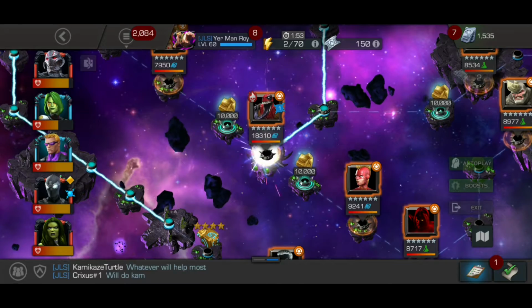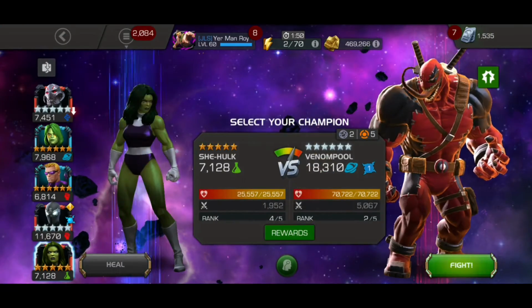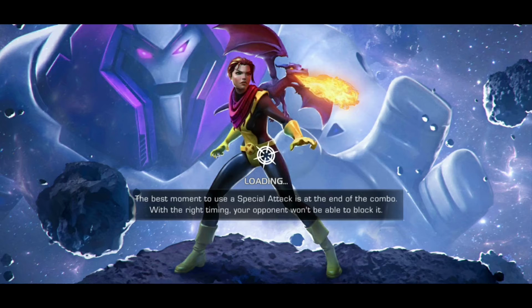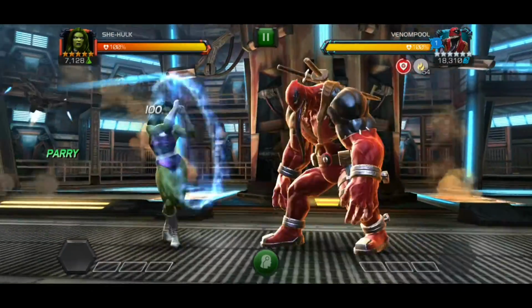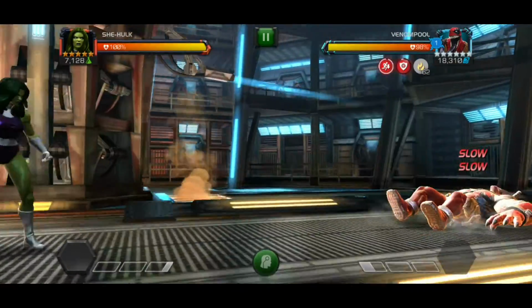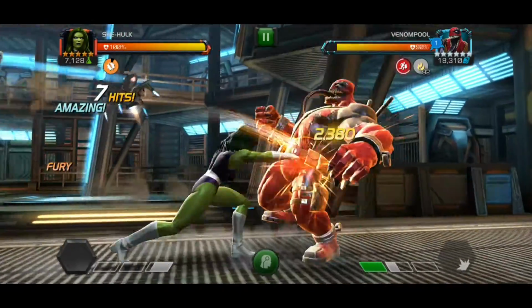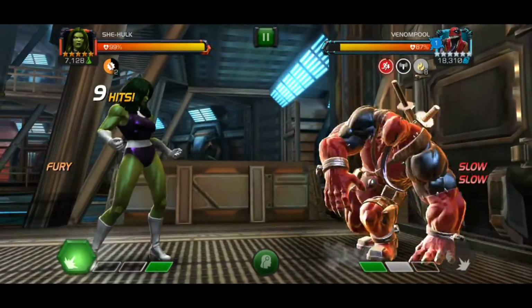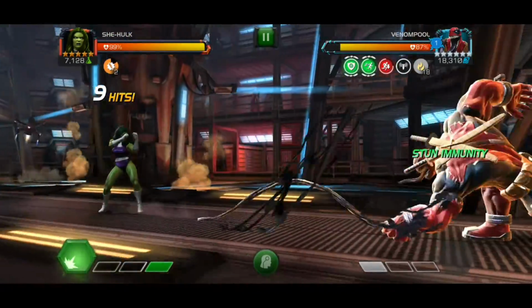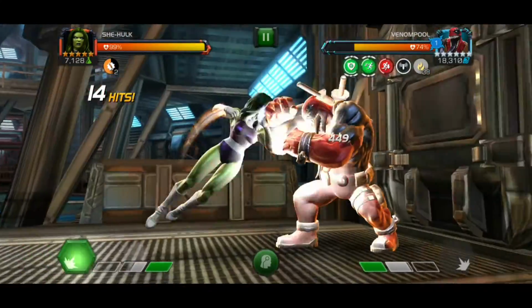So I think we're going to bring in She-Hulk for this one, just because she can get that slow applied straight off the bat, and then we can try and work up to a special 2 to get the Petrify or Enervate on. So let's see how we get on with this. No natural class advantage, so having the slow on should mean, yes, he's got stun immunity now, so unfortunately it means that we